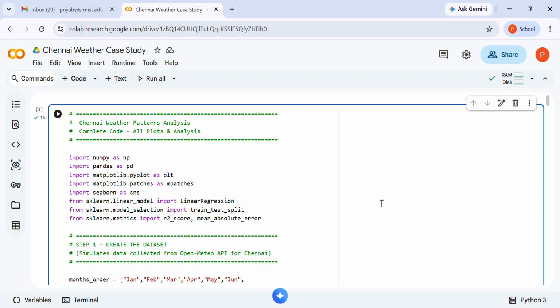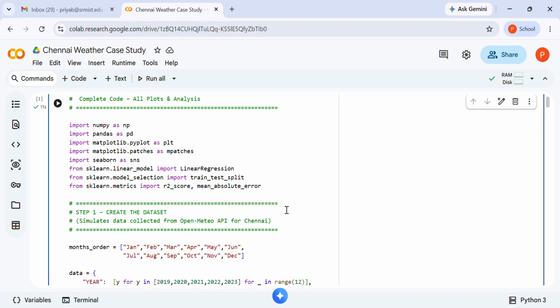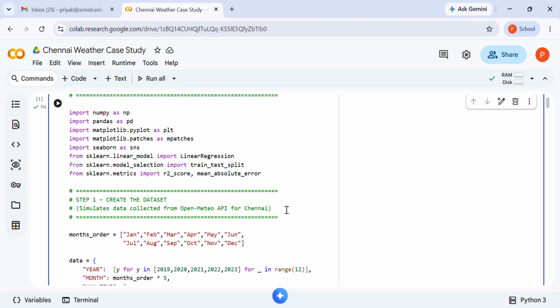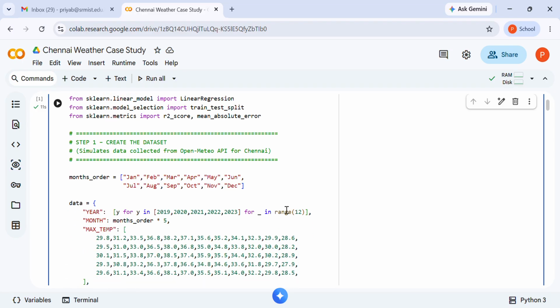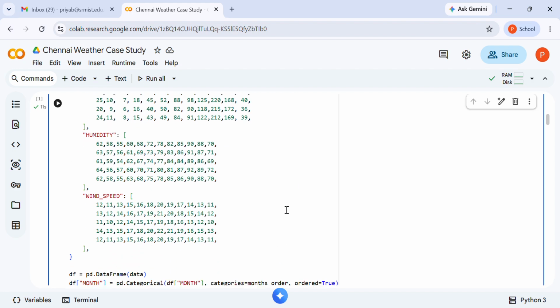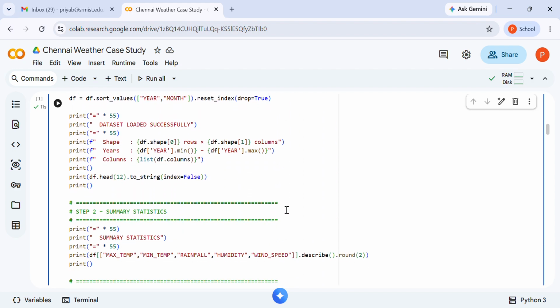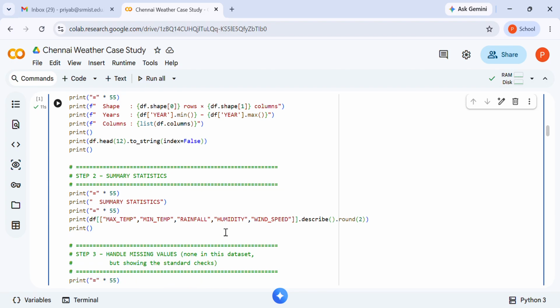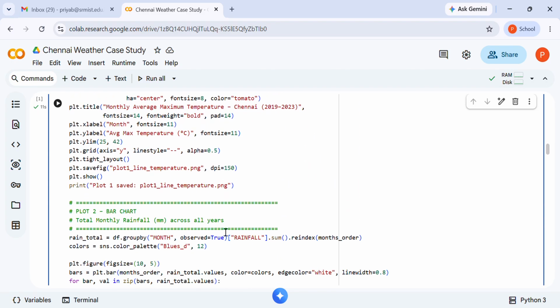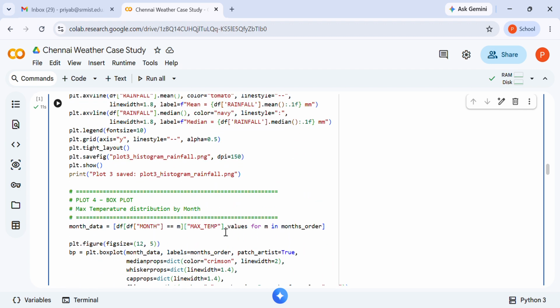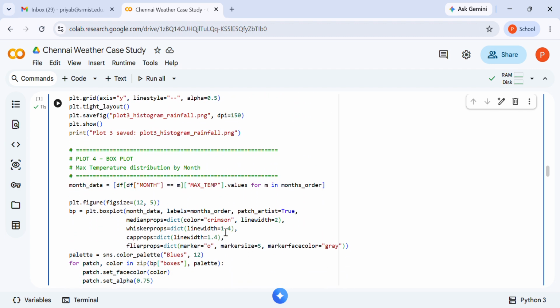Hi everyone, this Python code analyzes the simulated Chennai weather patterns for 5 years, and in this coding we have 5 steps to follow. The first step, we create a data set, and step number 2, we do the summary statistics out of it, and in step number 3 we handle the missing data values.